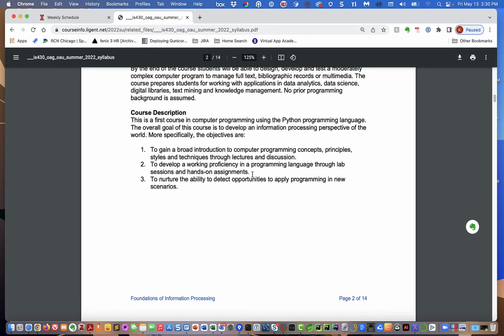Most of the learning you're going to do is by doing and then talking about how that went. And we're going to be doing a lot of both. Okay. And the last thing here, to nurture the ability to detect opportunities to apply programming in new scenarios,